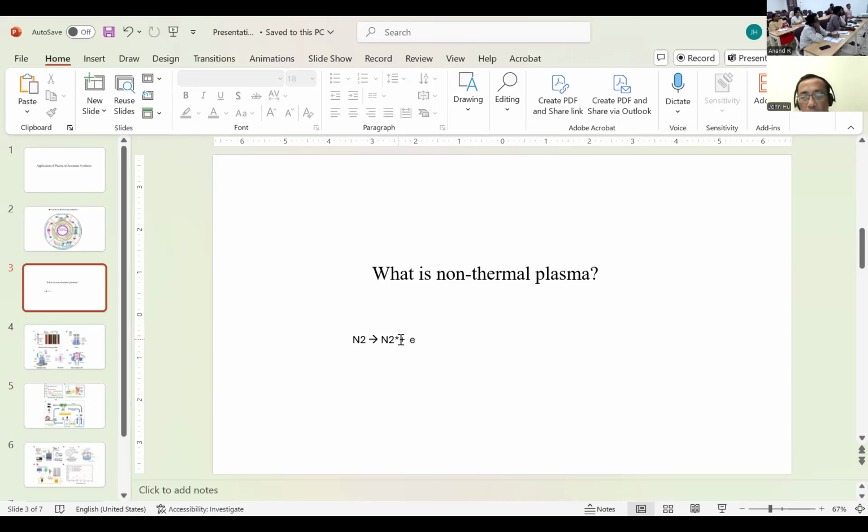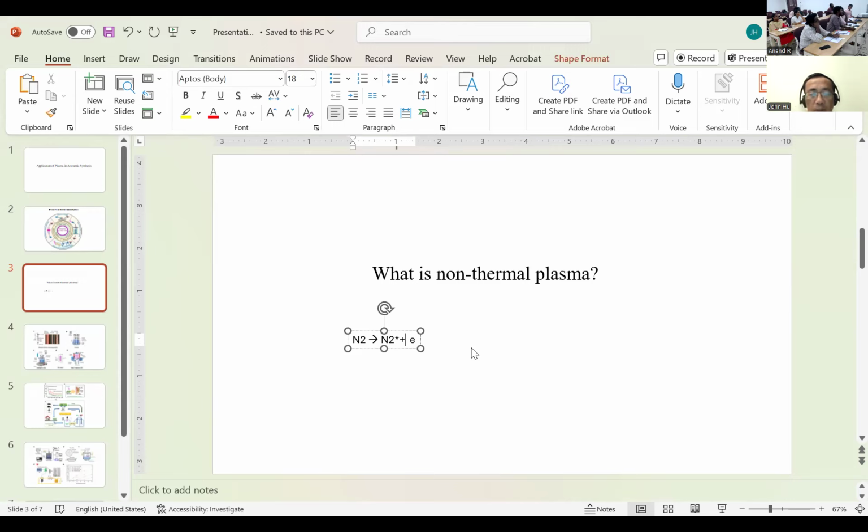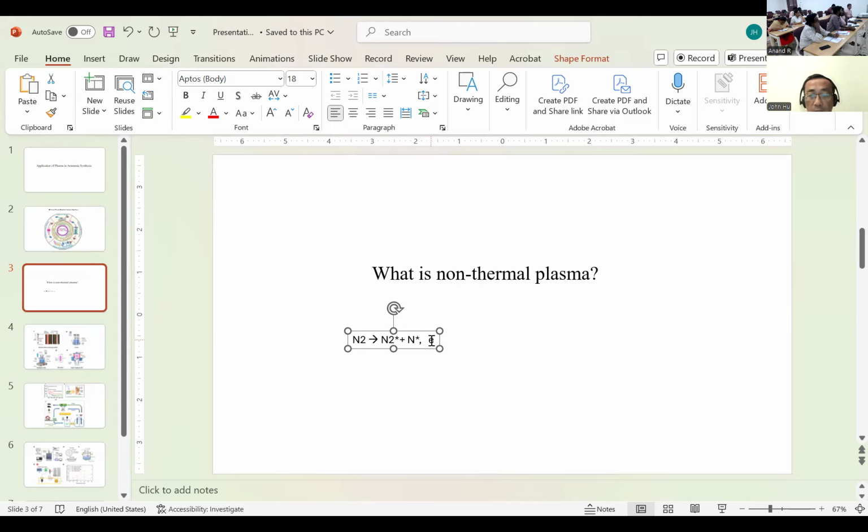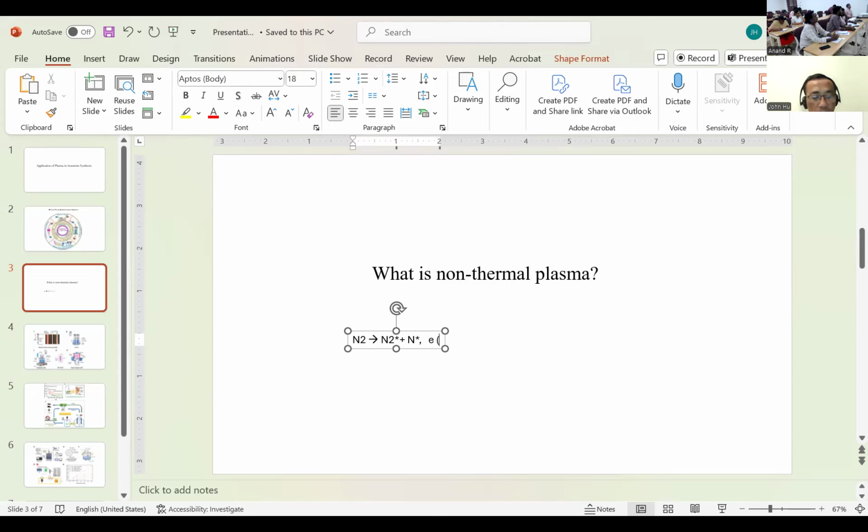It could be N2, N2 star, could be N star. Whatever you name it, it's plasma. There are a lot of electrons floating around. The electrons are pretty hot. If you read the literature, the electron temperature can go to somewhere around 1400 K,